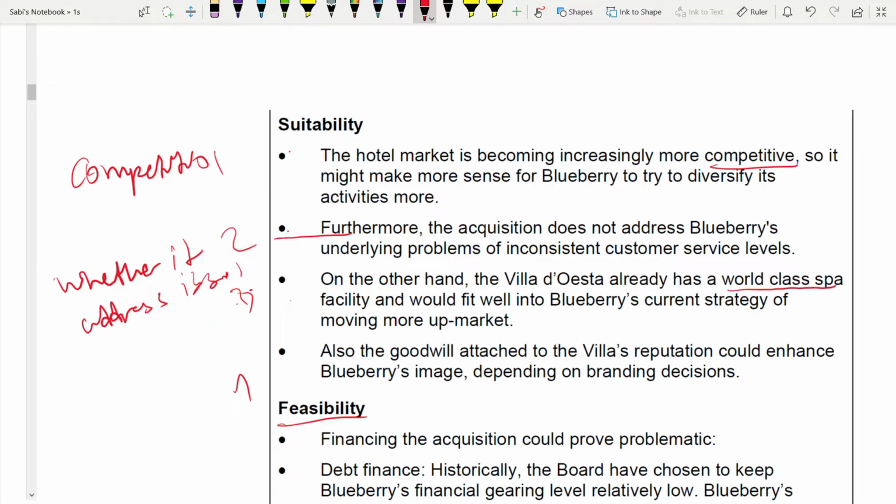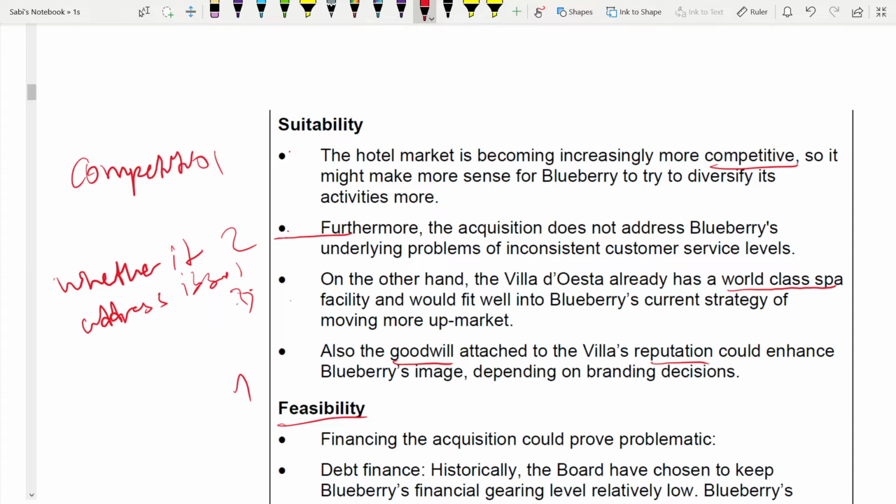And the fourth one is, you are going to talk about goodwill. Because they are talking about reputation. Whenever they talk too much about reputation, that they have a good reputation, an excellent reputation, the point is goodwill only, because reputation comes from goodwill. So these are the 4 points under suitability. It will always go this way, not only this time. Whenever they talk about competition, under suitability. Whenever they talk about goodwill, reputation, under suitability. Whenever they talk about solving an issue, whether it has been solved or not, suitability.